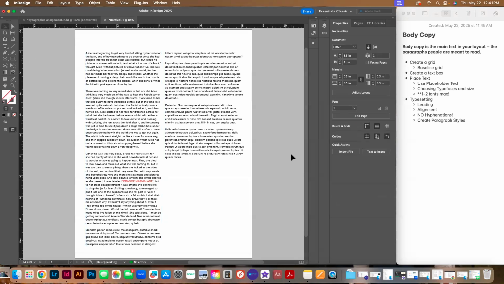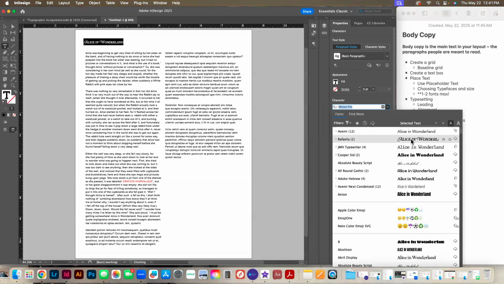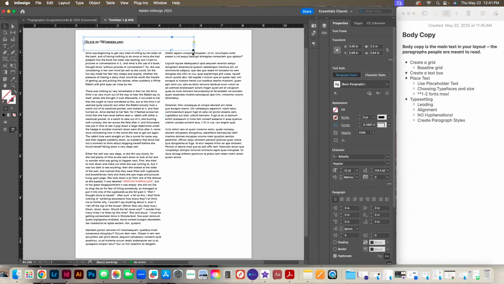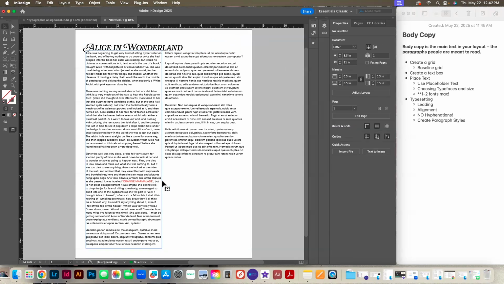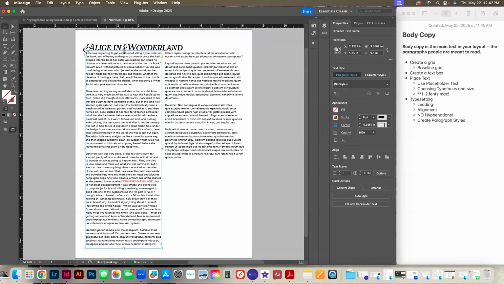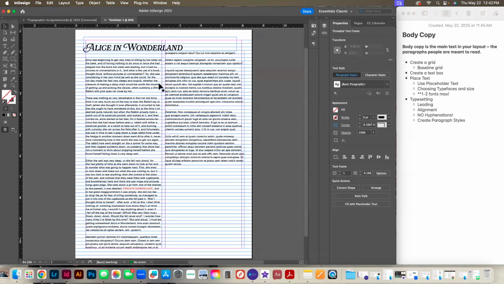Now I have created my text boxes. I'll add in here a title really quickly. Now this isn't a part of the body copy because this is a title. So I just want to make sure I say that. Increase the size of that. Just make it 30. This is pretty high up. Let me go back to my preview mode. Let me bring it down so there's enough spacing between the text and